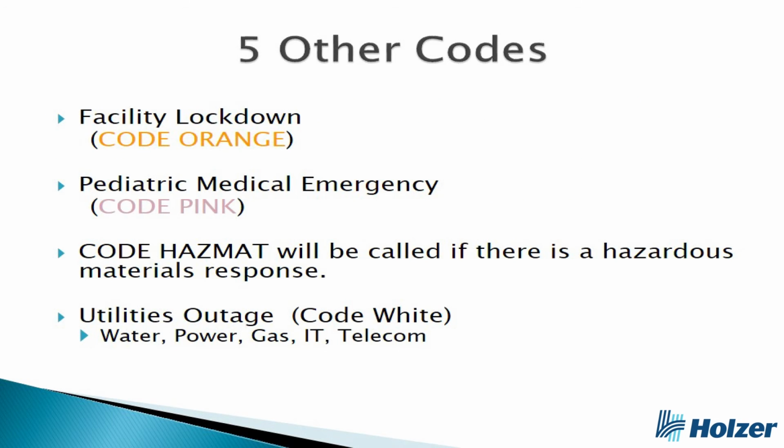Some other things we talk about is our code orange or facility lockdown. The threat is outside, so we're going to lock down our buildings similar to what schools do. So please, you stay put, create those barriers between you and the outside. Code pink is a pediatric or maternity services emergency. If you're working with a respiratory therapist or one of the code blue team members, you could respond with a